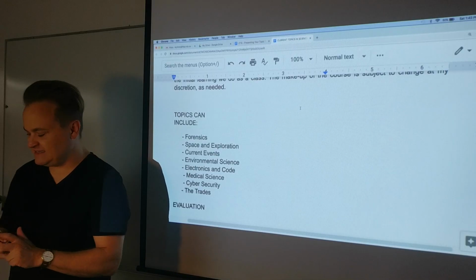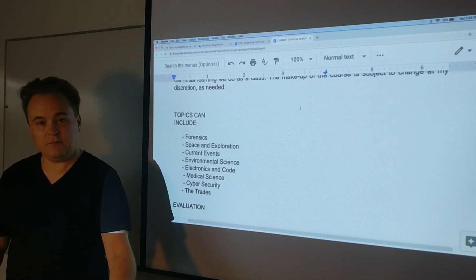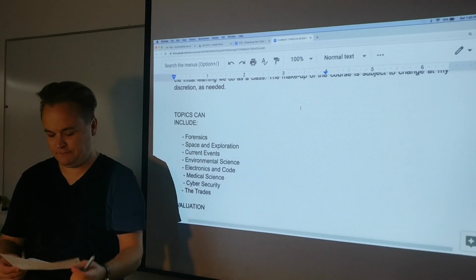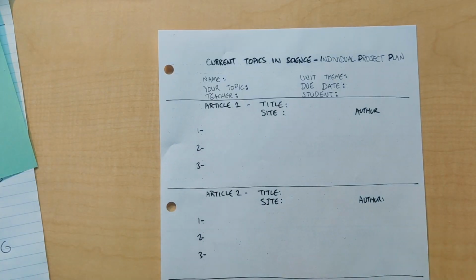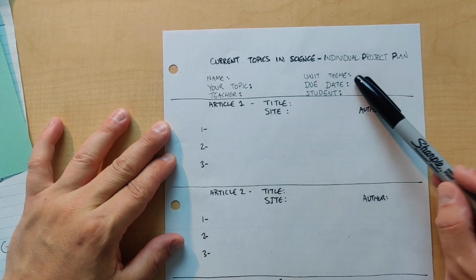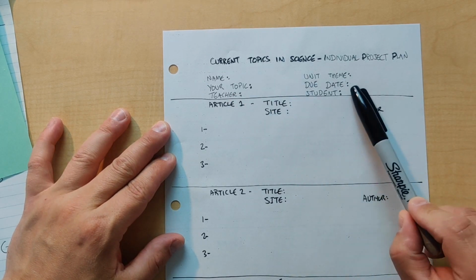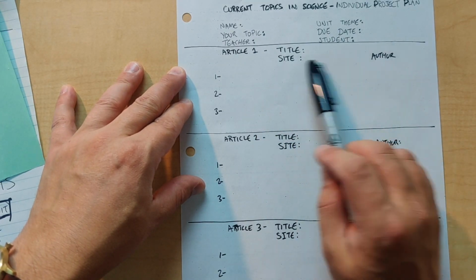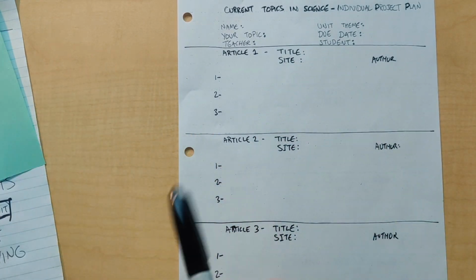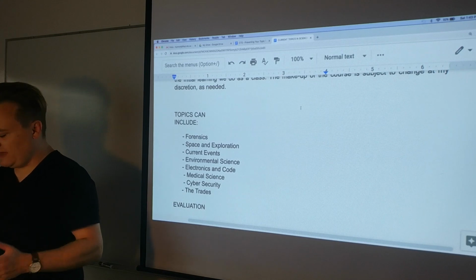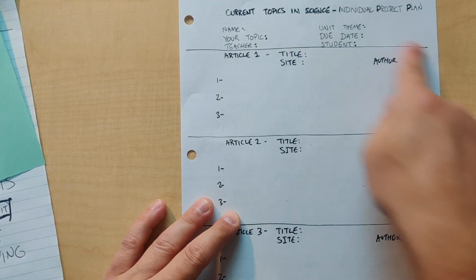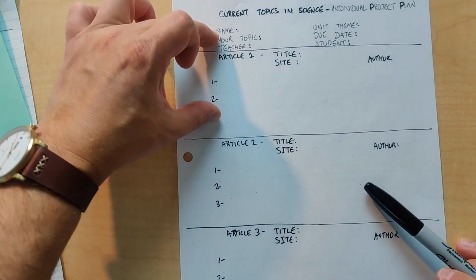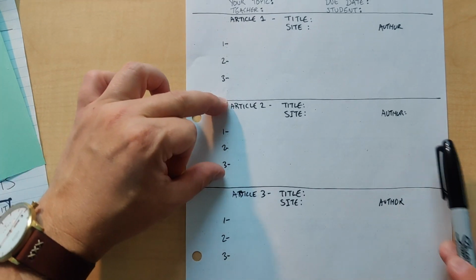But what I mean, and this is something that you'll get your individual project plan. If you look down here, you can see it. Your name, your unit theme, your topic, the due date, the student, the teacher, Article 1, the title, the site, and roughly the author. That could be, as best as you can. Some of these things here might not be the easiest to find, but do your best. And you have to summarize 3 points from a resource. And then you do the second article,